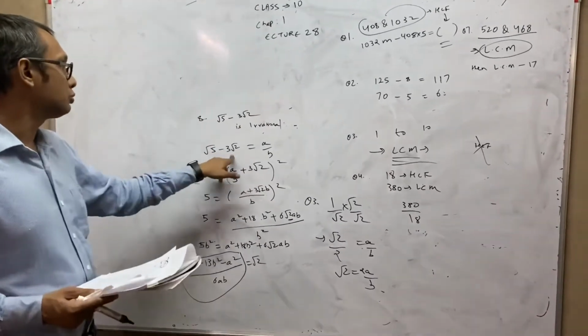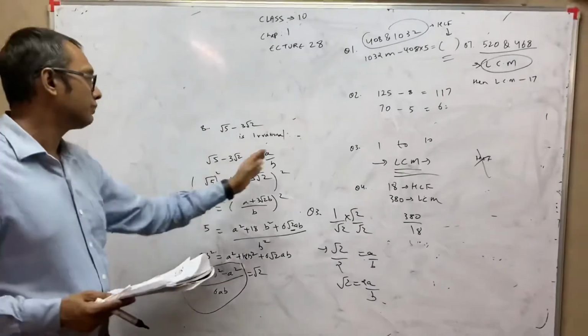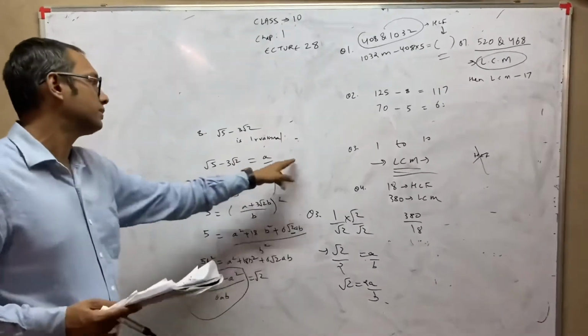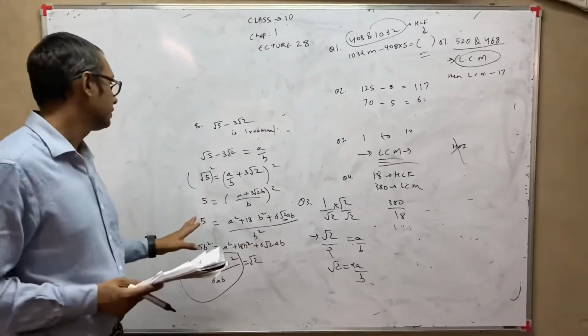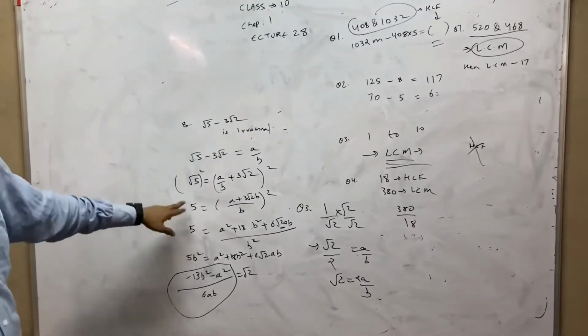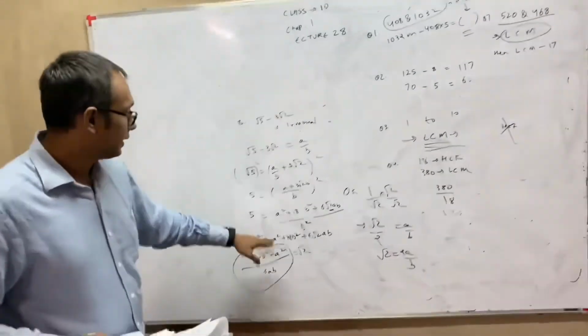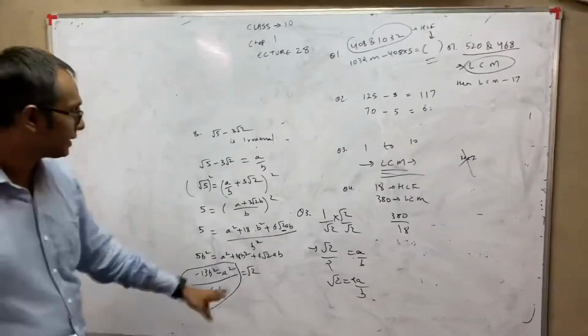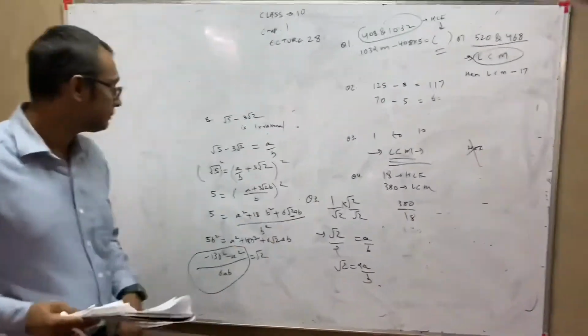So whenever two roots are there, remember you can take root 5 also over there, or you can take minus 3 root 2 also. One of the terms you can take. And then you have to do the whole squaring so that you get rid of one root, and then shift everything on that side so that on one side only this root term remains.